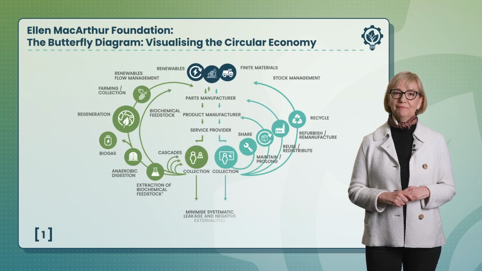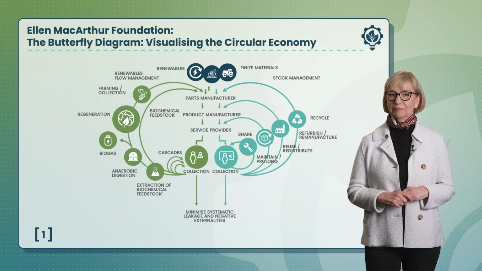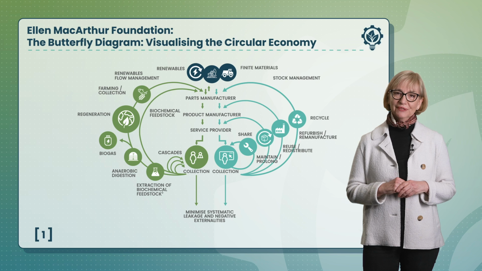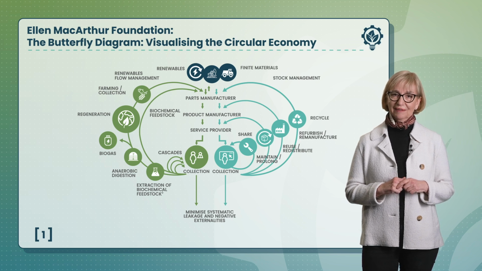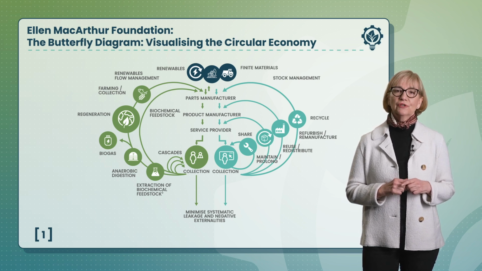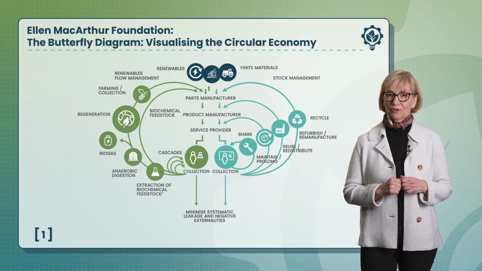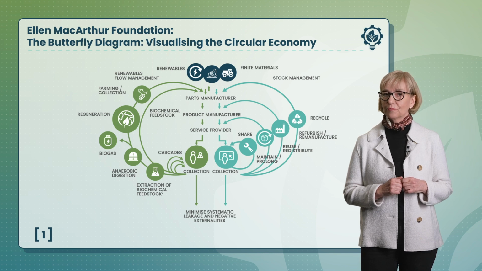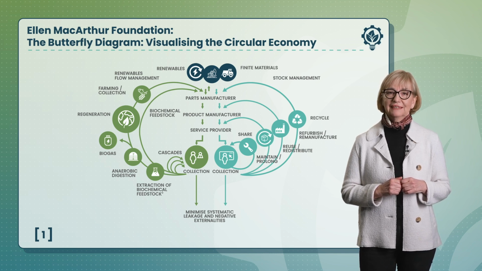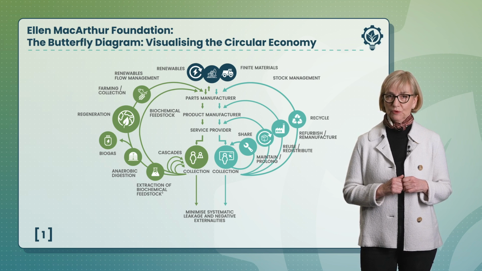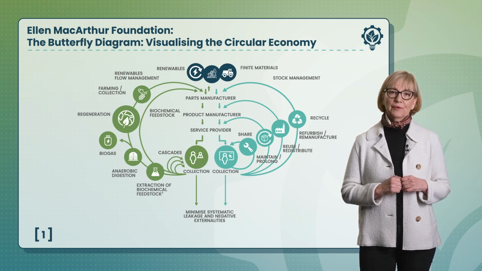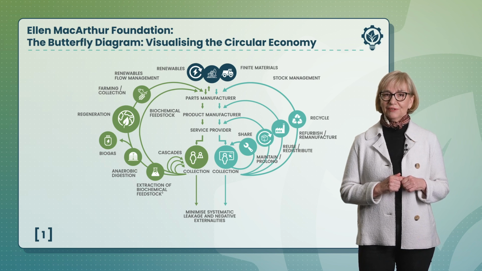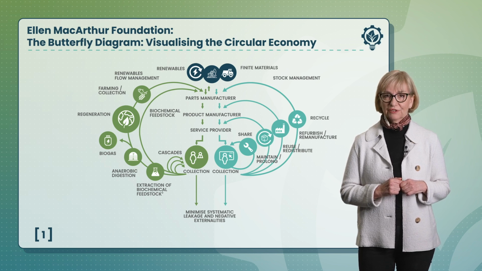Circular economy means different things to different people. For example, according to the description provided by the Ellen MacArthur Foundation, the circular economic model aims to create economic, natural, and social capital based on three core principles. First, design out waste and pollution. Second, keep products and materials in use. And third, regenerate natural systems in an industrial system that is restorative or regenerative.